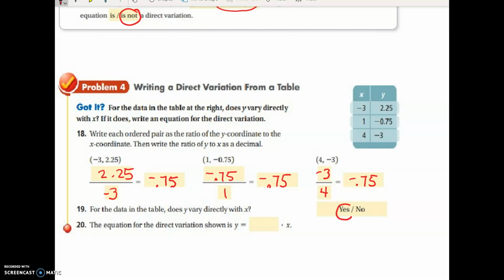Our answer would be yes. They all have the same ratios, or they all equal each other as a decimal. So the equation for the direct variation would be y equals negative 0.75x, because negative 0.75 represents k. You could also think of it as